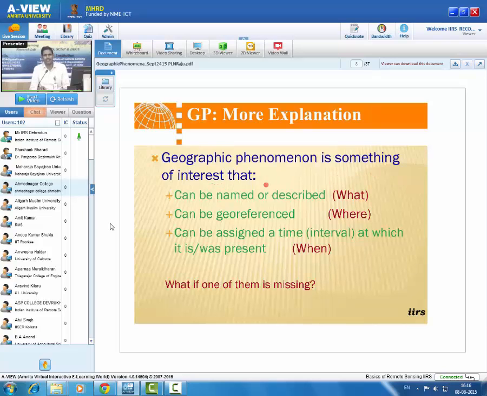So what is that? Geography is something of interest that can be named or described. Suppose there is a river, he is getting the information from that. Or there is a water body. So how do you give attributes to what is there on the ground, so that those can be named and described? So that is getting the answer for what it is, and then can that be georeferenced, and then to